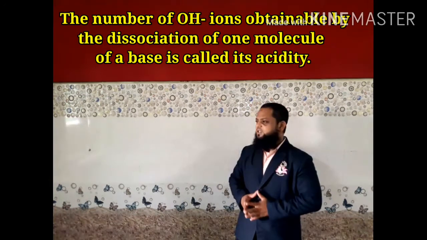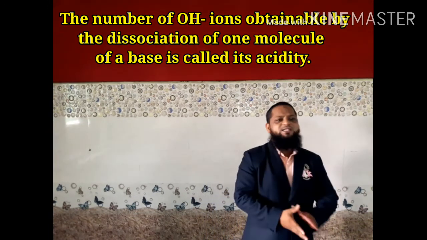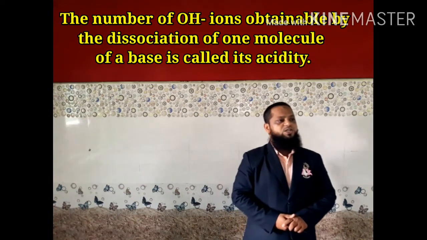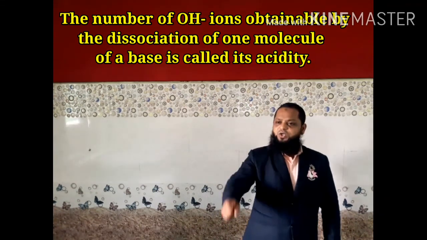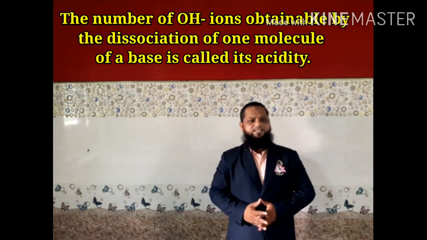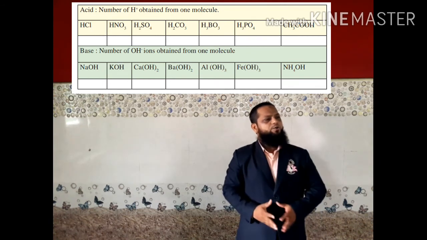Acidity of a base is defined as the number of OH- ions obtained by the dissociation of one molecule of base. Use your brain power and, on the basis of the above table, give examples of monobasic